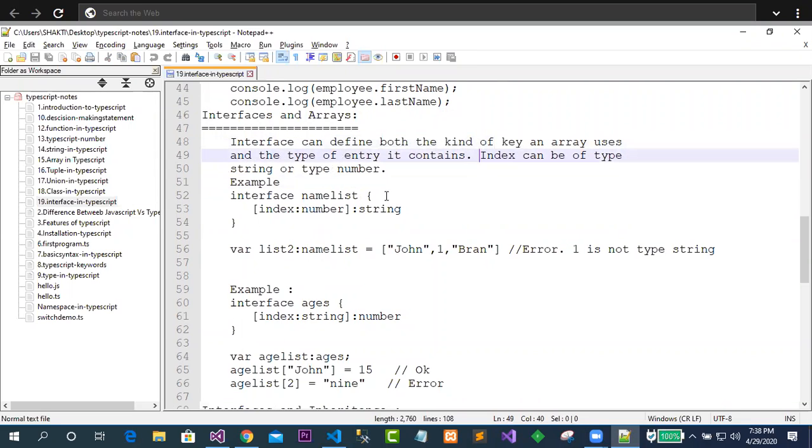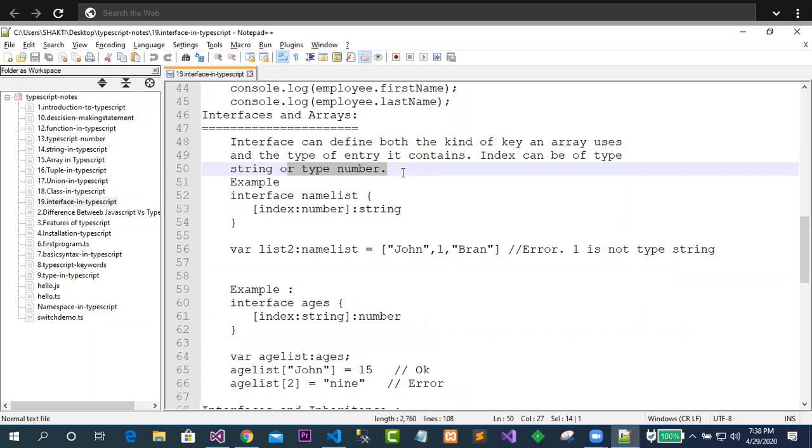It means that you just see why this interface is going to be used in case of an array. What exactly is it deciding? It is deciding the key and the index type. So what is the meaning of this? The index can be of any type, that may be string or number.